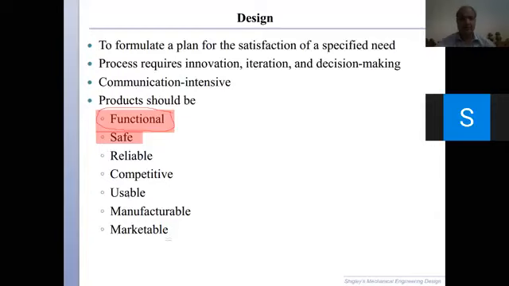Then there are other things that we are going to be looking at, और वो चीज़ें जो हैं those are design considerations, ठीक है जी। वो डिज़ाइन कंसिडरेशंस, उसमें बहुत सारी चीज़ें आती हैं, जैसे रिलायबिलिटी है, competitiveness है, यूजिबिलिटी है, मैन्युफैक्चरेबिलिटी, and it should be marketable and so on, ठीक है। So these are the things that you are going to be looking at when you are designing something, ठीक है जी।